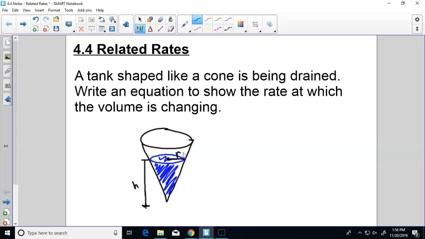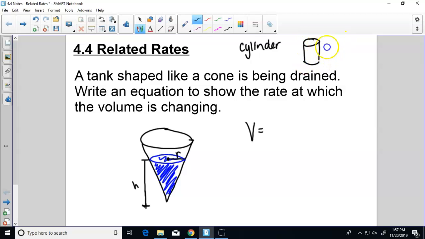And does anybody remember the volume of a cone formula? Do you remember the volume of a cylinder? Or any, like prism,